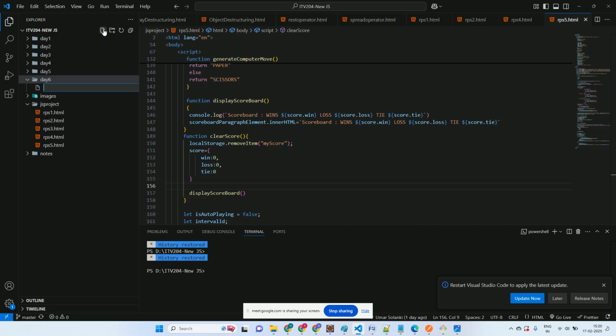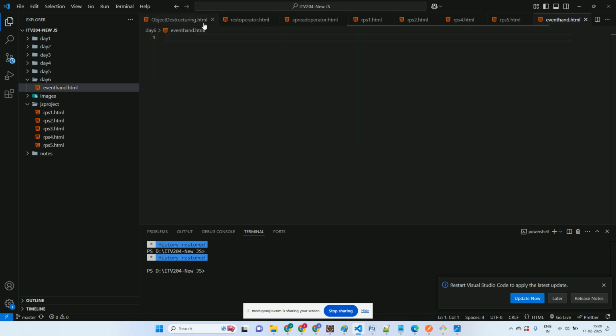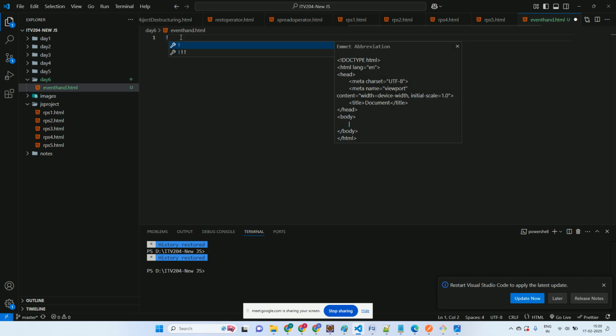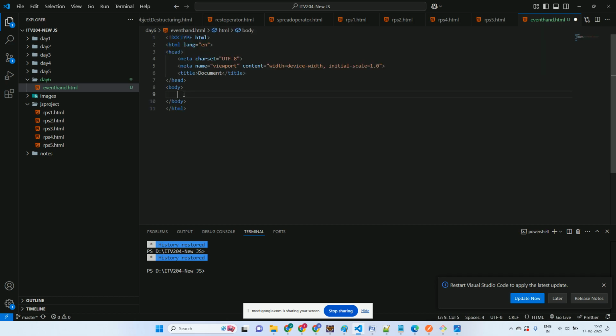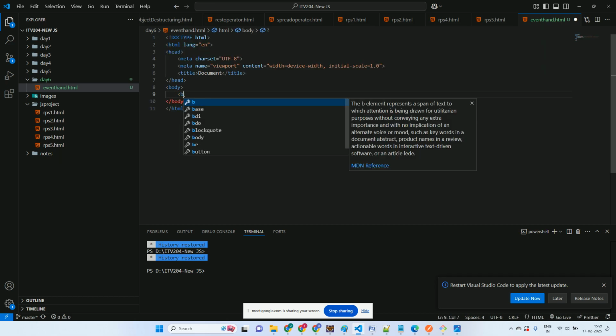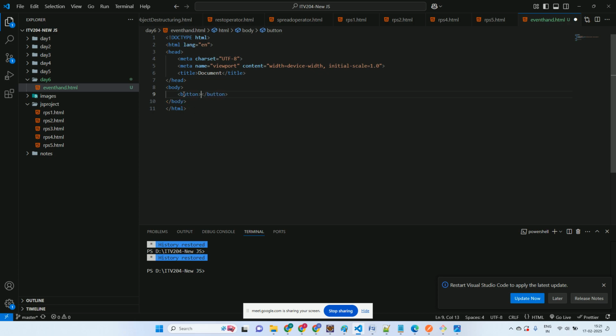So I make a file, event handling dot html. Okay, so here I make a button. Okay, on the click of this button, I want to show alert welcome. I want to show alert what? Welcome. So one traditional way of doing it was